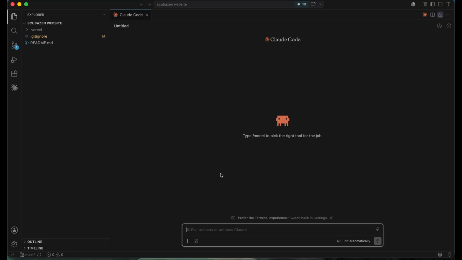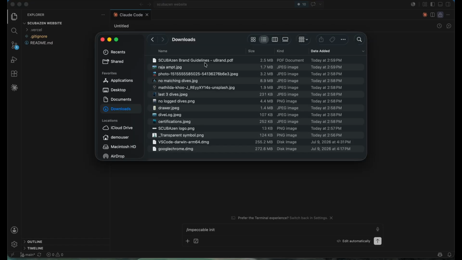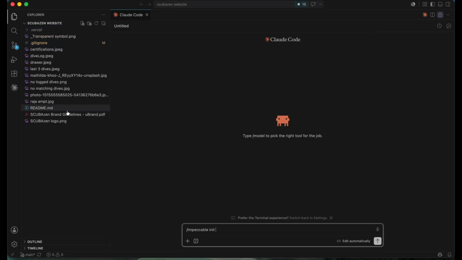Okay, so what I'm going to do is pull up the command impeccable, and then type init. The general way to run all Impeccable commands is the same: instead of init, we'll run different commands, but this is basically the premise. Then we're just going to data dump everything here. I'm doing my scuba diving mobile app, so I'll write it all out. But first, before I forget, I want to give it as much information as I can. So I have a bunch of assets that I used in my original site. I'm just going to drag them all in here, and it'll find them.